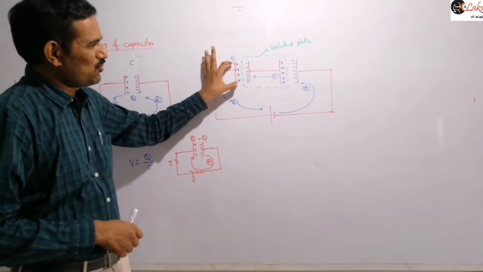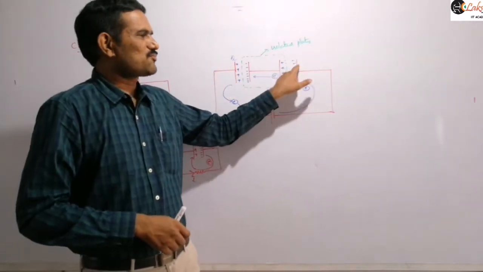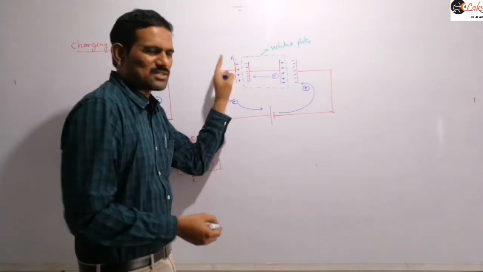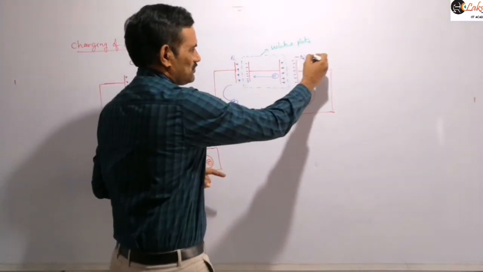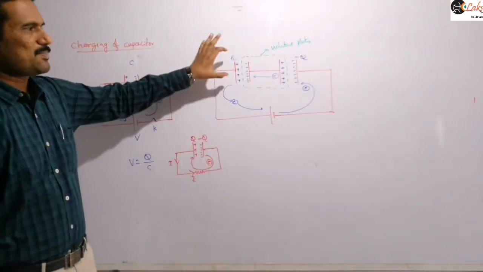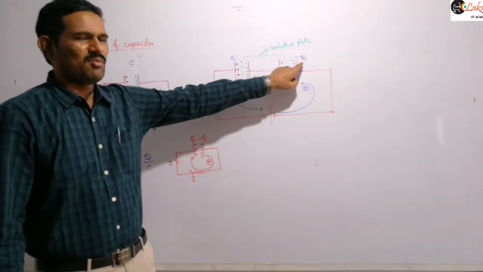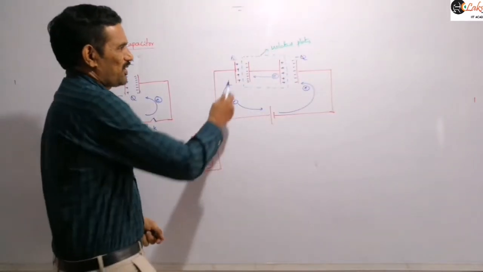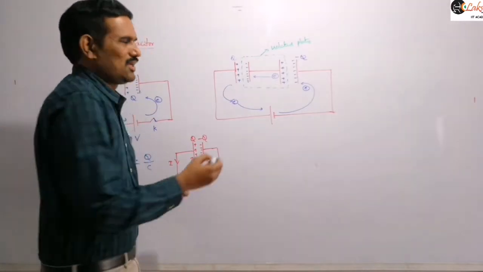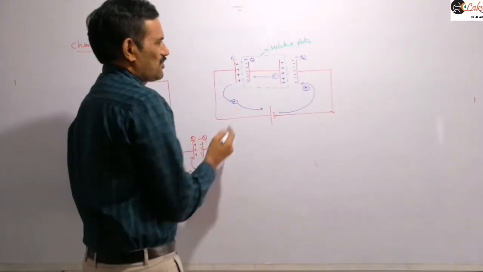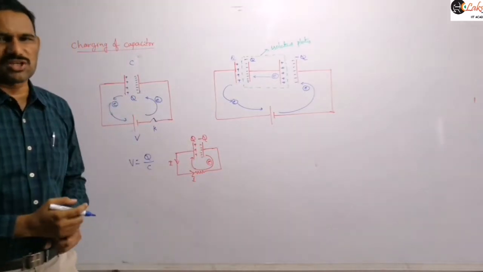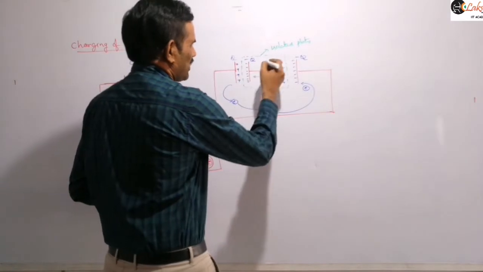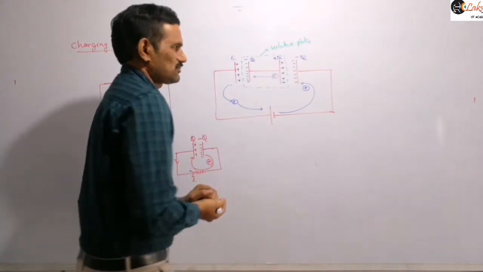If 100 electrons are removed from this plate, those 100 electrons must be transferred to this plate here. So what we can write here is, if you are taking this as plus Q, then here the charge must be minus Q, right? If you are taking this as plus 100 e, then here the charge will be minus 100 e. So if it is plus Q, then that is minus Q. And we know that if plus Q charge is appearing here, by induction minus Q charge will appear here, because we are taking them as metal plates. Metal plates means equal and opposite charge will be induced in the induction principle. So then minus Q will be there. And similarly, if it is minus Q, then here plus Q will be there, right?